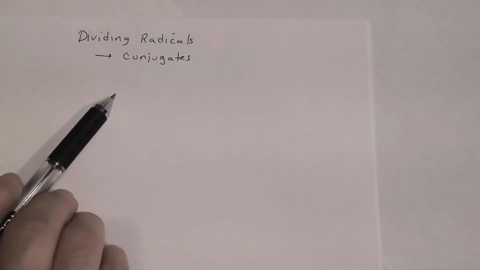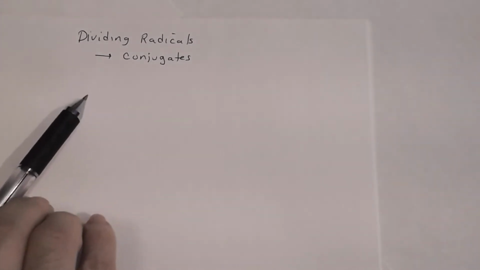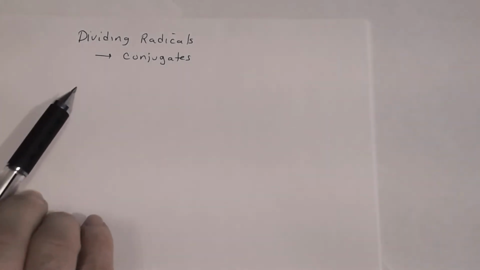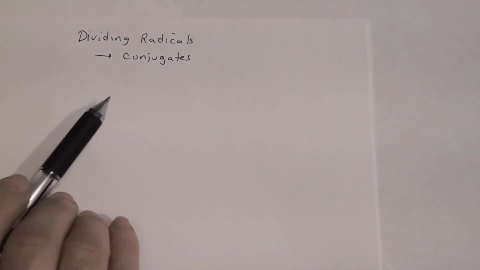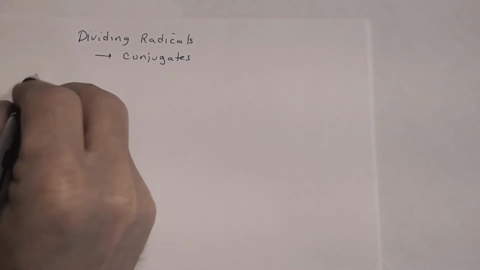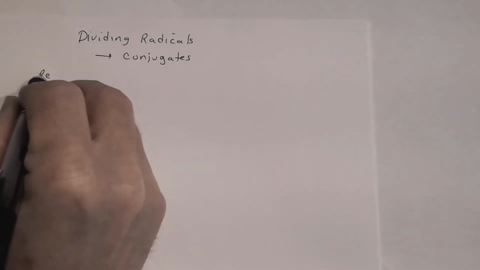In this lesson, we're going to continue our study on dividing radicals, but in particular, the radicals that you're going to see in this lesson will require that we use the idea of conjugates. So, for example, remember in the previous lesson,